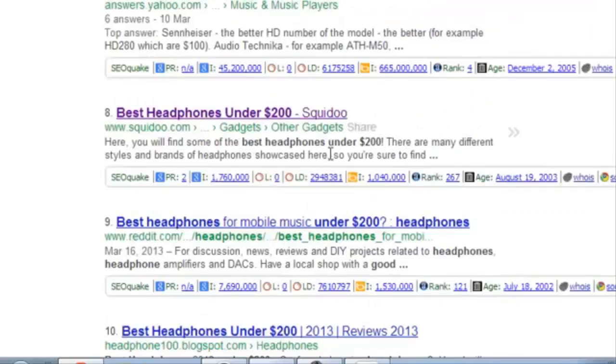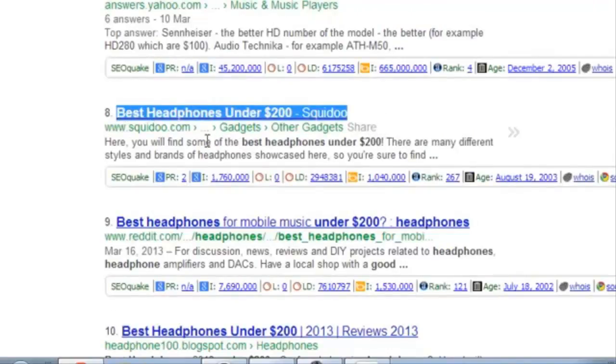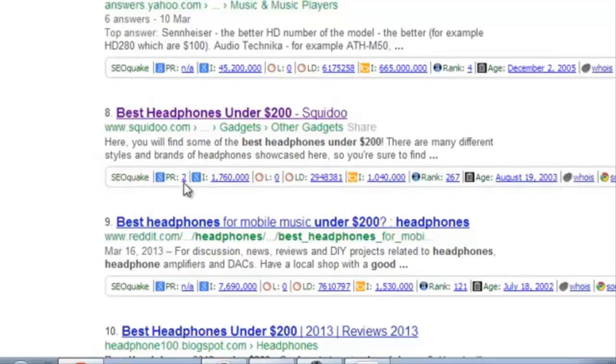And I want to show you this example right here because there already is a lens on Squidoo called Best Headphones Under $200, and it's a page rank 2. And I think this is a cool indicator of Squidoo's value because the Squidoo homepage is a page rank 7, which means a lot of that page rank gets trickled down through its interlinking to its interior pages. So here's a page that got page rank that can pass over to your money site just through internal